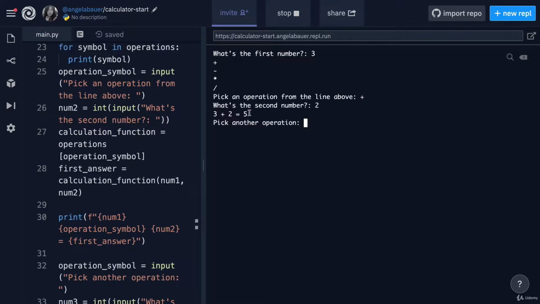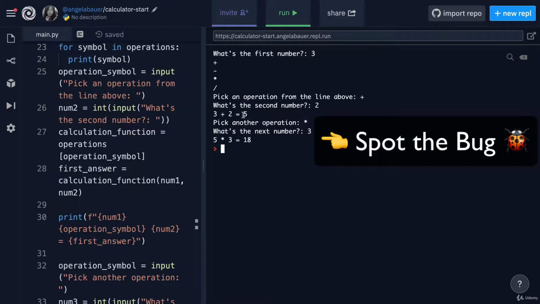Now this first step of the calculation, we get 5 as the result. So now if I want to pick another operation, let's say I want to multiply 5 by 3, then I'm going to take this 5, which is the previous answer, I'm going to say multiply, and then I'm going to provide the next number, which we'll call 3, and now it takes the previous answer from the last step and puts that in as the first number in the calculation, multiplies it by 3, in order to get the final